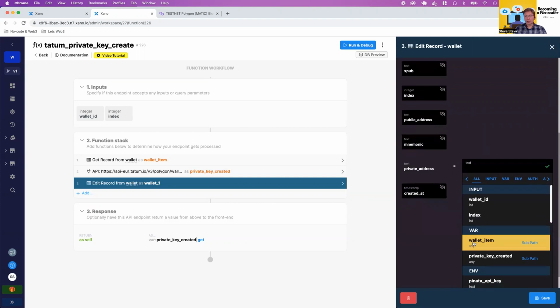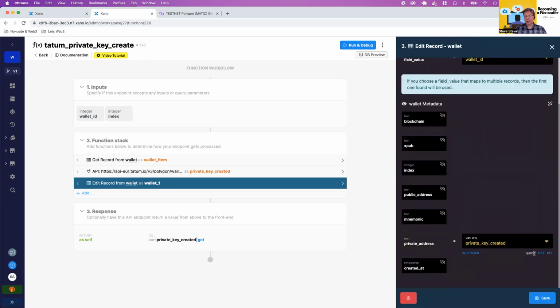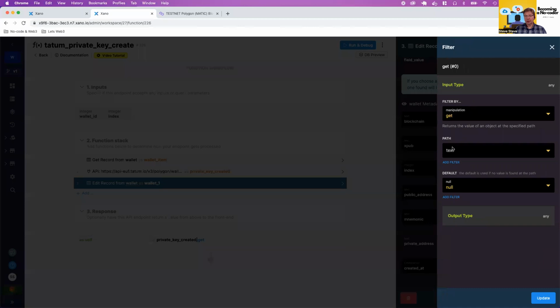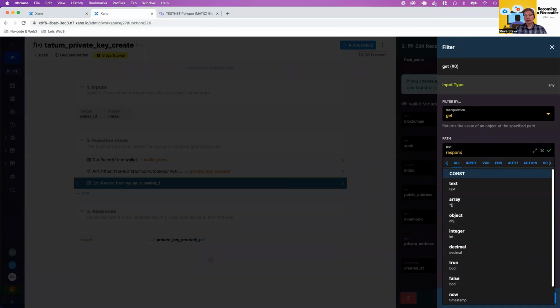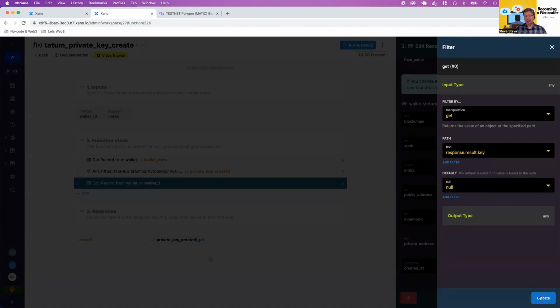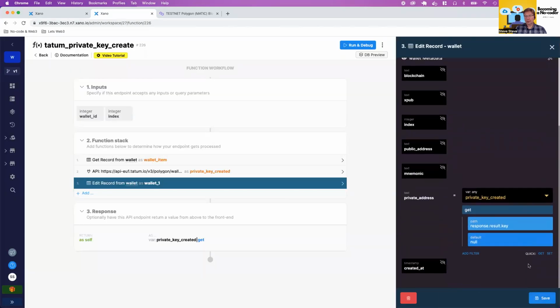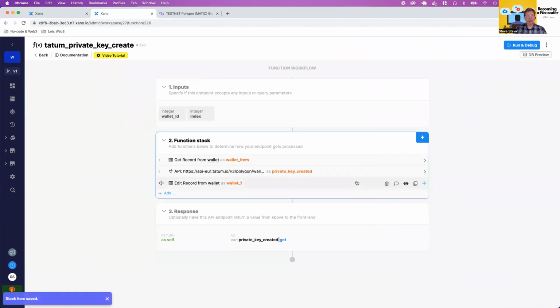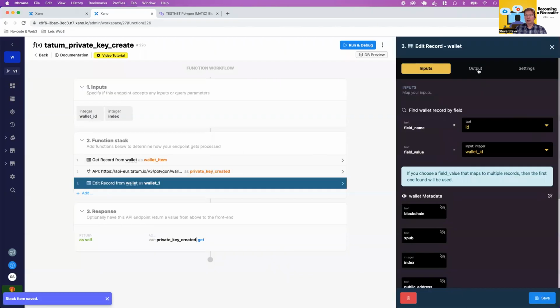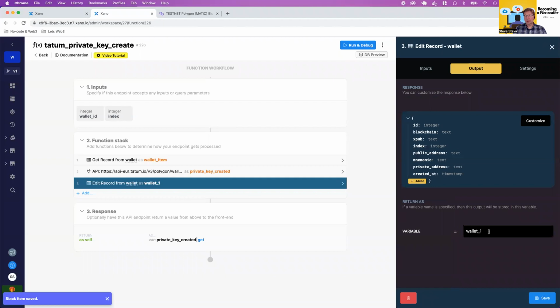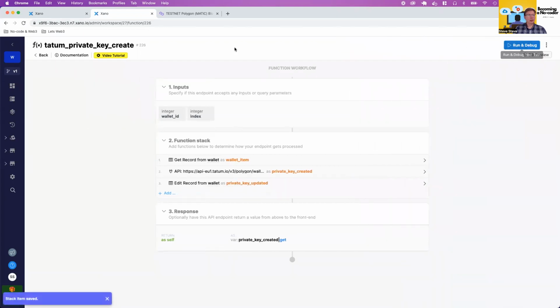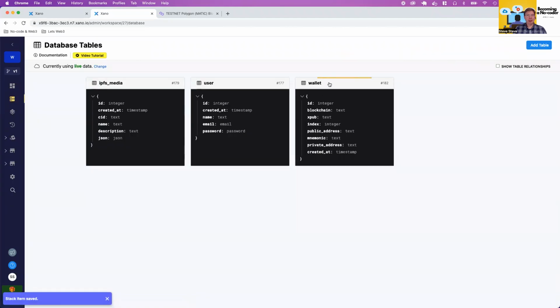And so I'm going to get that private key created, which is a result of the API. Response result key. Okay. And in my trailing efforts, private key updated. Okay. So if I come back and look at my database,